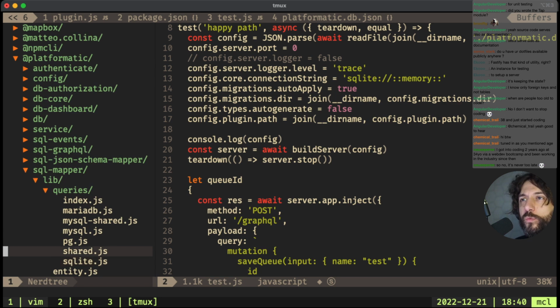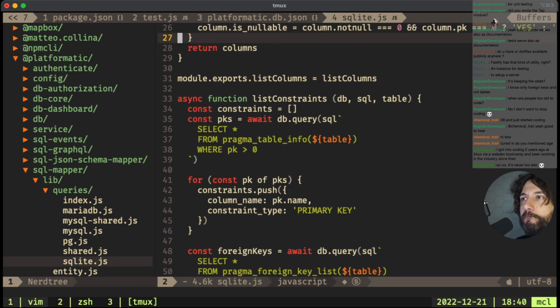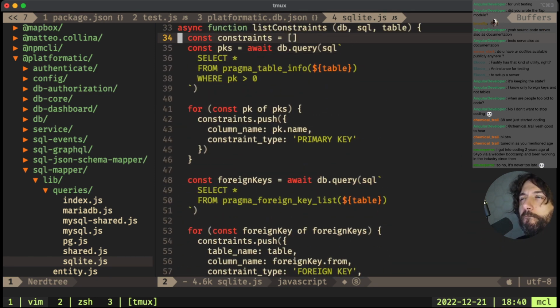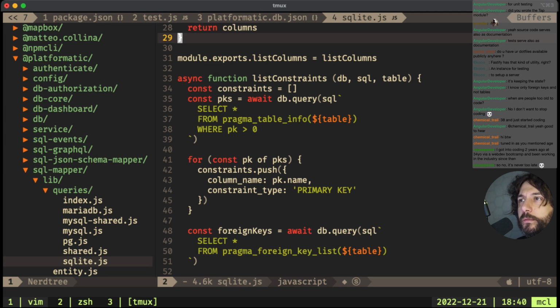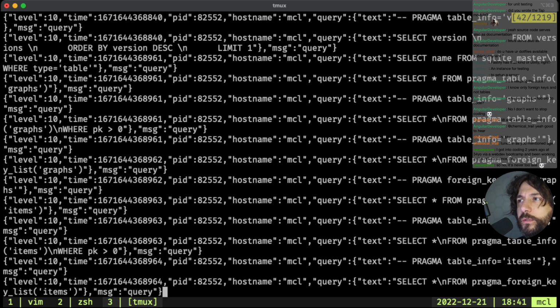This is where those queries look like inside SQLite.